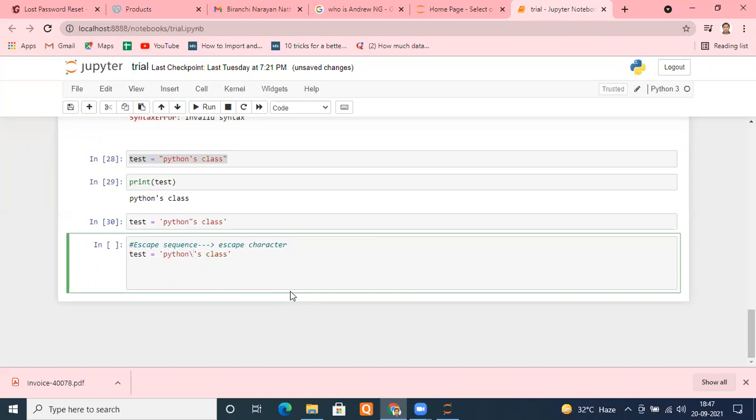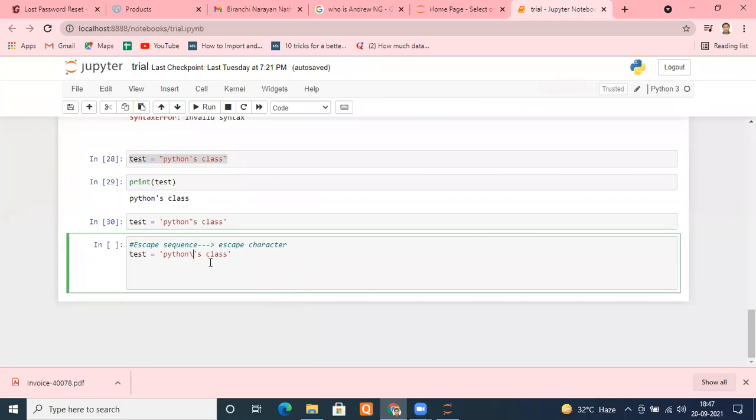This slash is known as escape character, and what it tells the Python interpreter is, whatever comes after me, don't consider its special meaning. Are you getting my point?